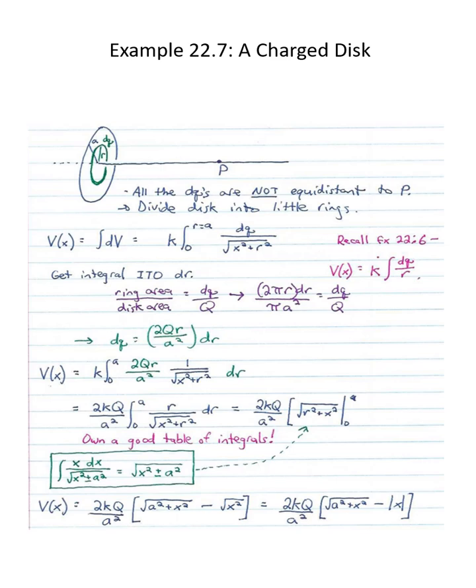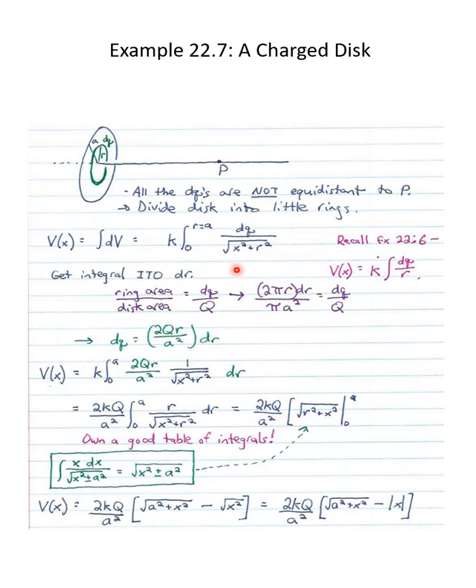So all of the little dq's we should see are not equidistant to P. That worked when it was a ring, but now you think there's a charge here, a charge here, a charge here. They're not all the same distance from P. Well, what we can do is divide the disk into little rings. So we'll say that the voltage at some distance x is the integral of all the little voltages, dV, and that equals